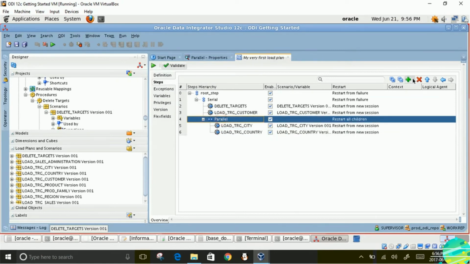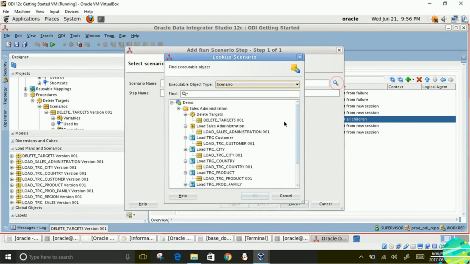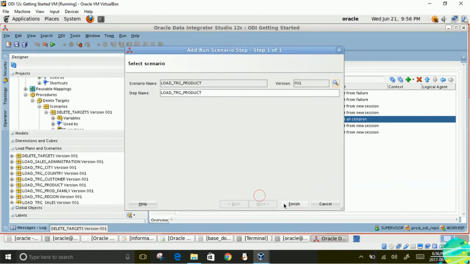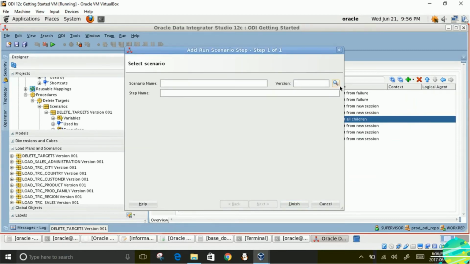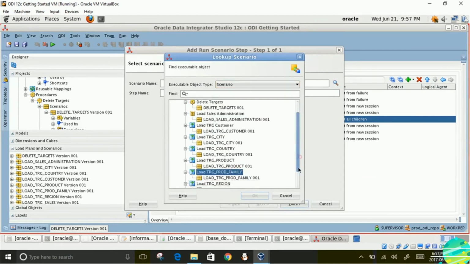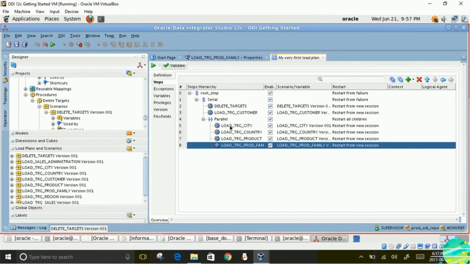All of these can run parallel. Once more, city got populated, countries populated. Next, product family. You got product. It's time to select product family. So far so good.